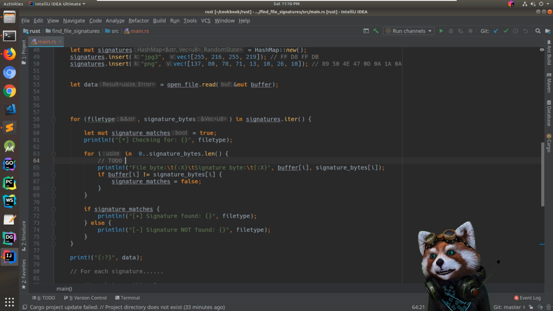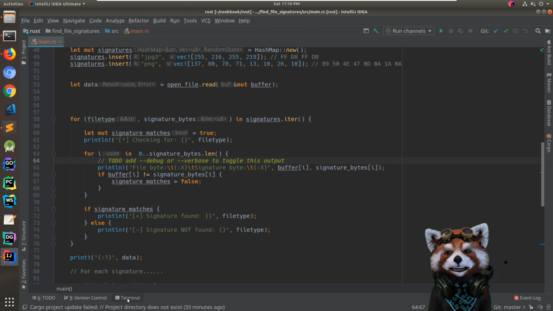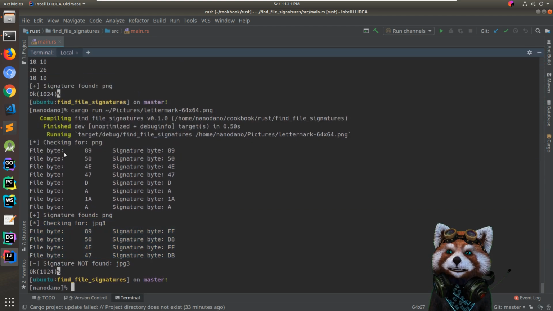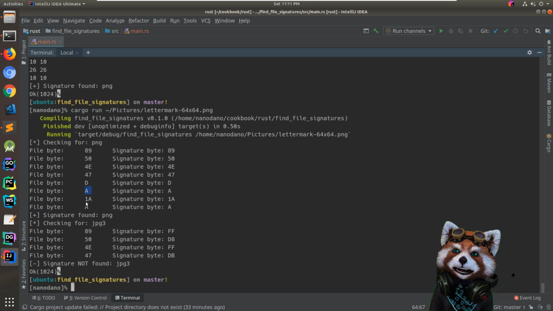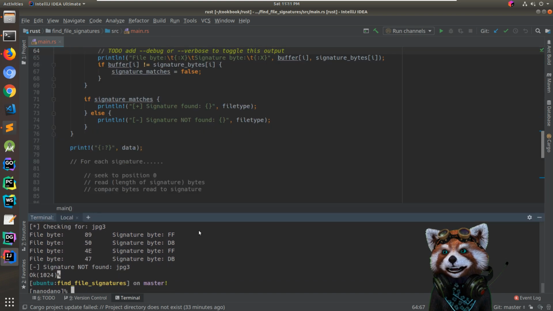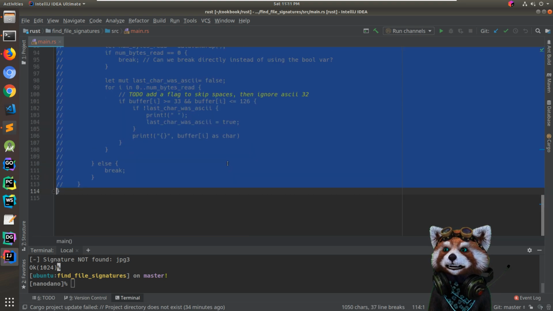we'll say to do add dash dash debug or verbose to toggle this output. So that way we could say, okay, if we want the real verbose one, then we could see like, oh, you know what? It's one of those ones that was only off by 1 or something, or we could just say, give us the quiet one and only output what we need. Okay, so